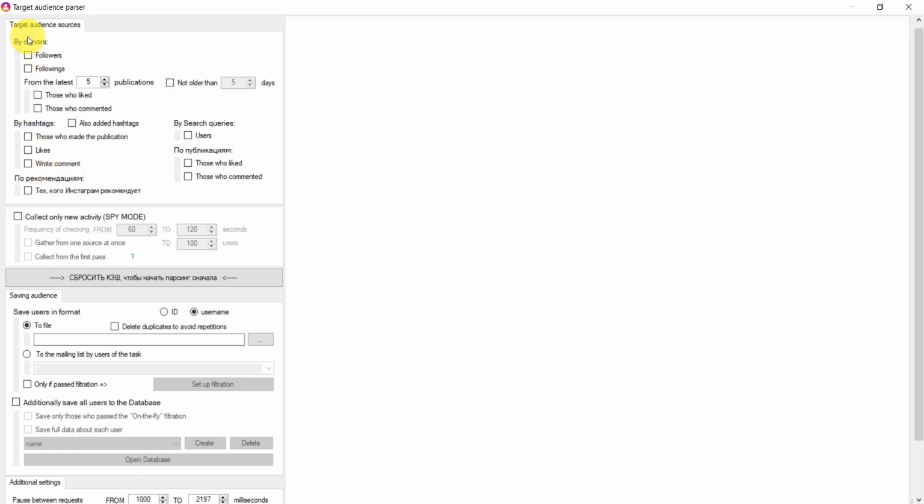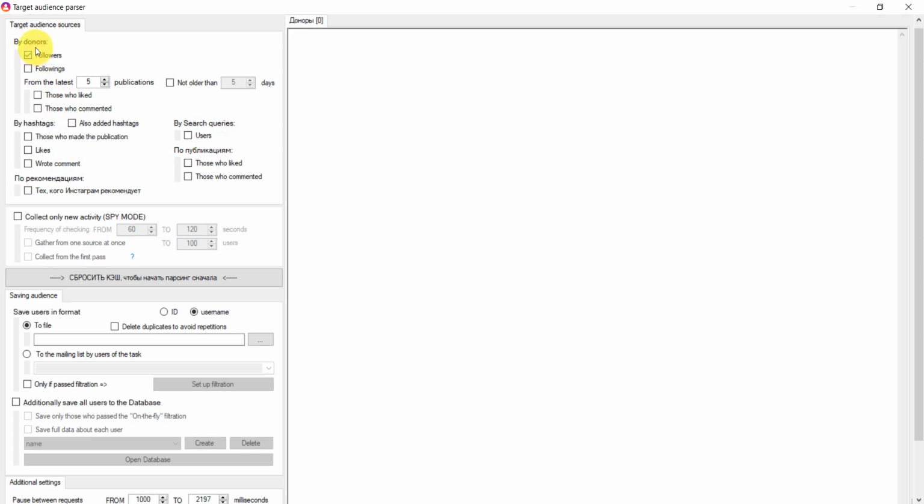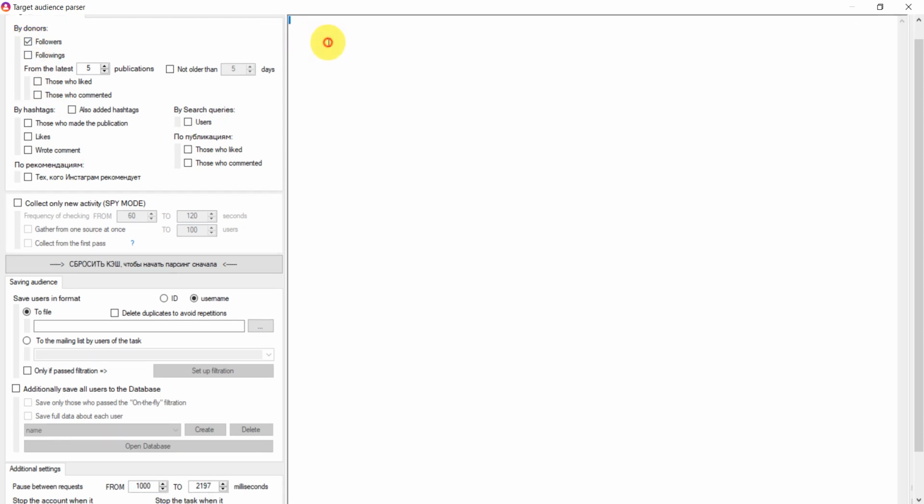So we start with the target audience source, where we take the people by donors, by hashtags, by search queries, by publication, and by recommendations. You take by donors, for example. So these are the competitors you have, and you need to list here the donors, your donors list. Or you take